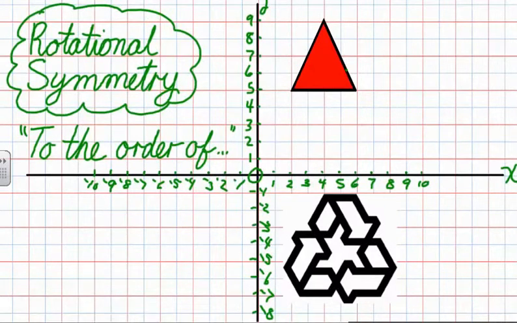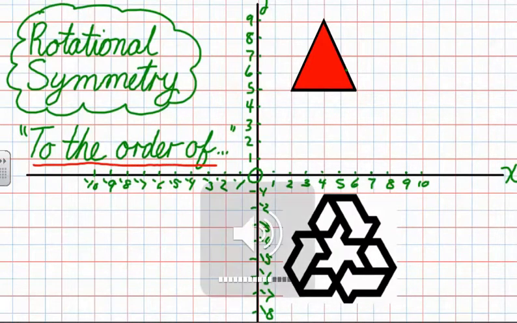In talking about rotational symmetry, the main phrase that you need to know is "to the order of." When we're talking about rotational symmetry, we're talking about how we spin an object about its center so that it looks exactly the same. Now I'm going to demonstrate with this red triangle up in the top right corner here,